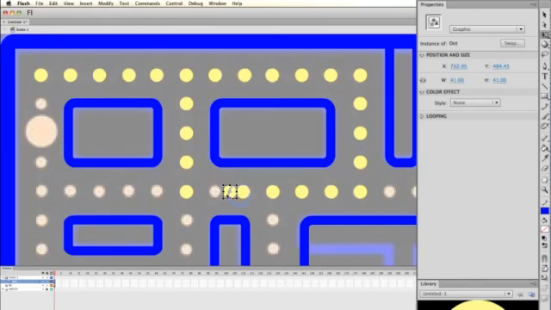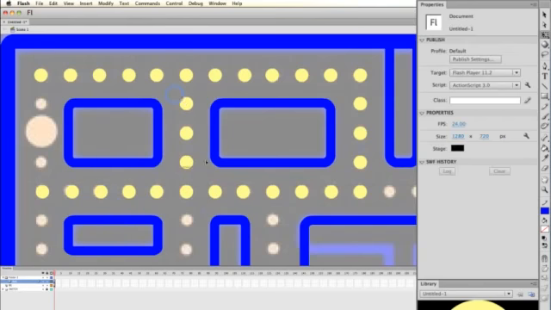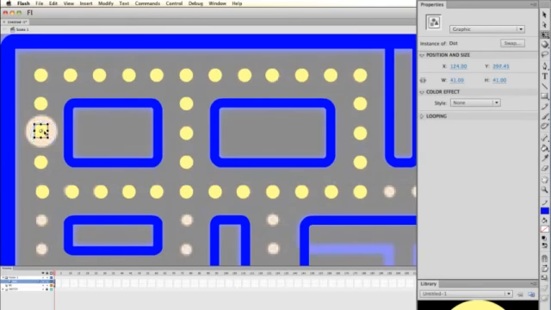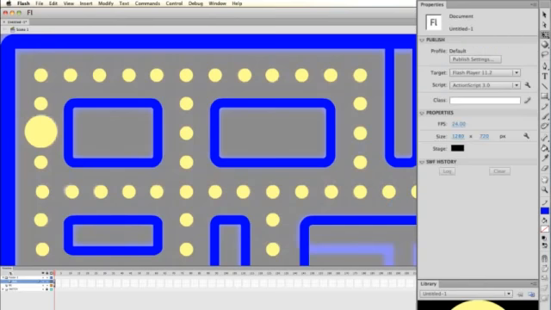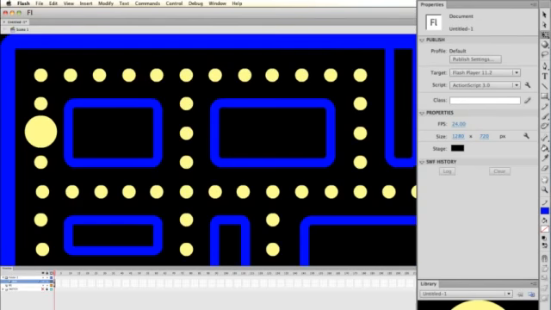You can also just option drag, just holding the option key and dragging. That also duplicates new instances of the symbol. Option drag down, that's the quickest way. And now we have completed